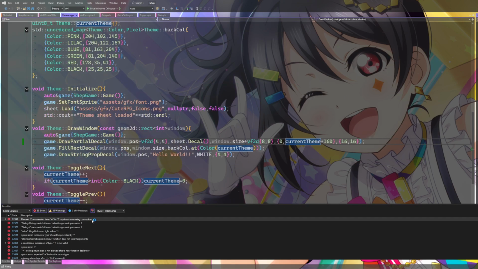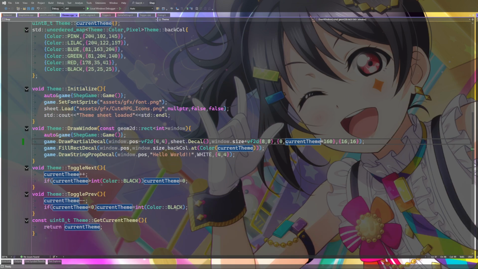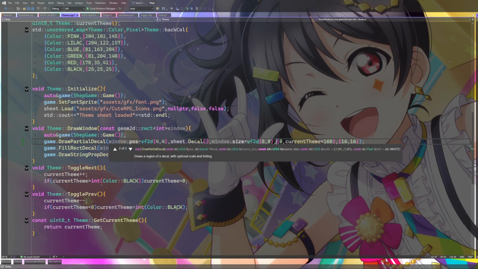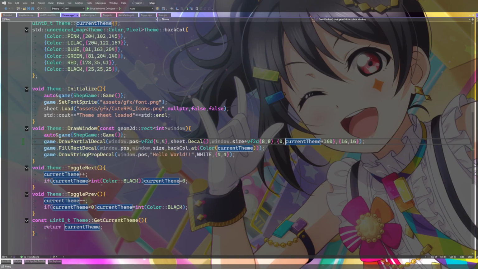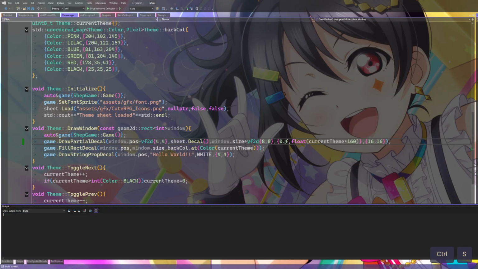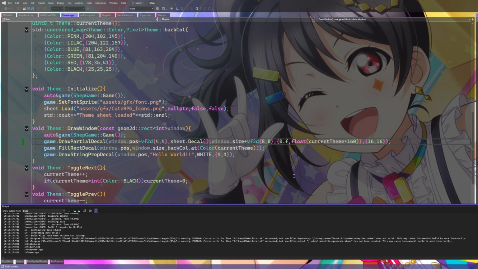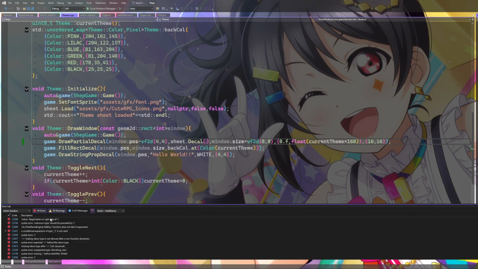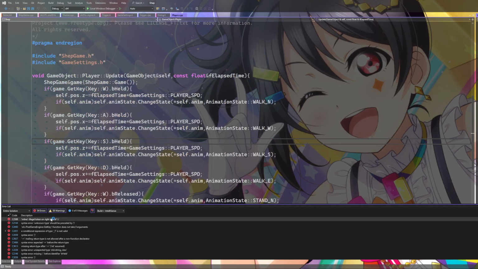Element 2 conversion from entity requires a narrowing conversion. Can this be a float, actually? Yes. Inline, illegal token.